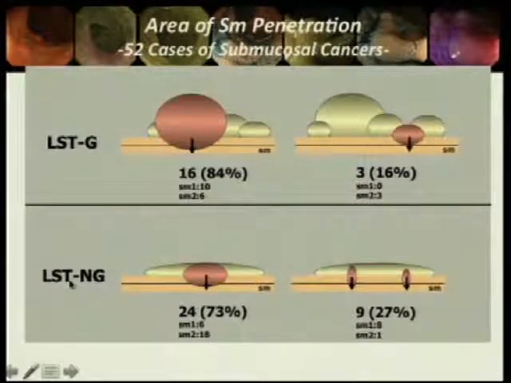And as for SM invasive area, from our histopathological and endoscopic analysis, LST granular type shows the SM invasion under the large nodule. In contrast, non-granular type shows multifocal SM invasion, and this kind of multifocal invasion is SM superficial, and it's very difficult to predict even